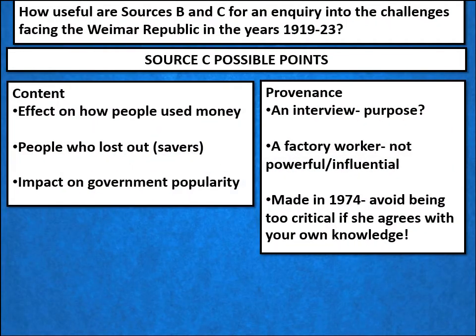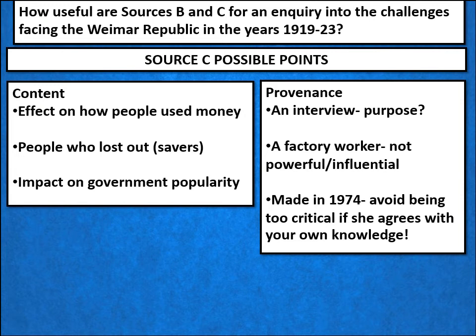So we're halfway through our answer now. Our next step is to write a paragraph discussing source C and how useful it is. We're going to use the same technique here of how content affects its usefulness and also then how provenance affects its usefulness. It might be a great idea for you to try this on your own at this point. Now remember, you're not going to use all of the points that you can see in front of you. Maybe select the ones that you have the most to say about.